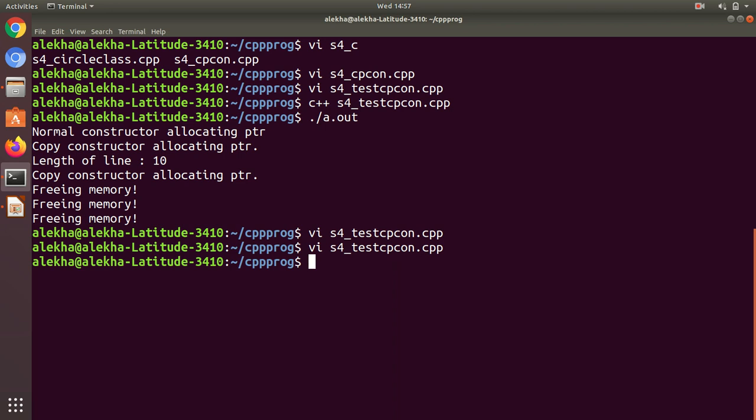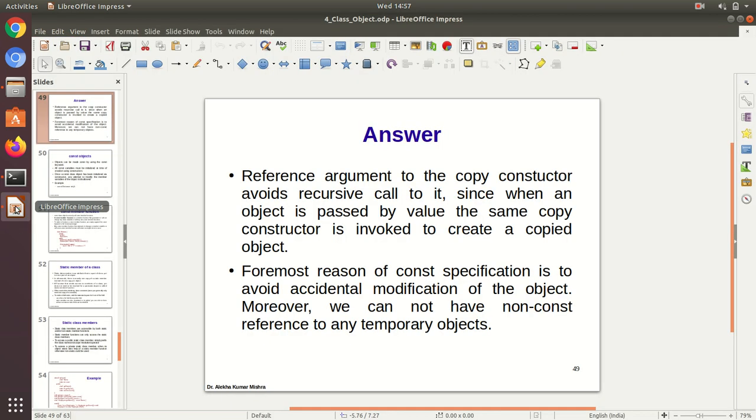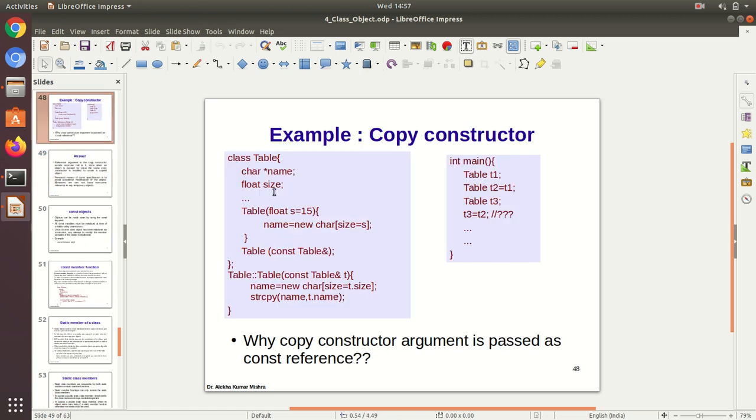All right, so I hope everybody understood and can use the copy constructor wherever they need it. With this we'll stop our discussion here. The third part will be about the rest of the concepts, like the constant keyword, which we have just seen. We'll see more about the constant keyword, static members, which are a special type of members, and then the friend keyword.